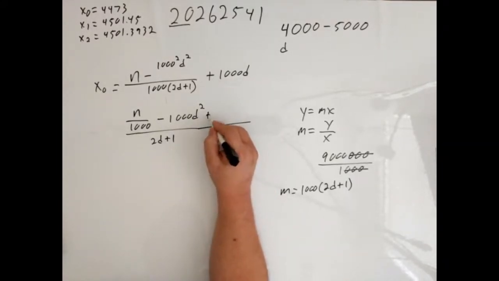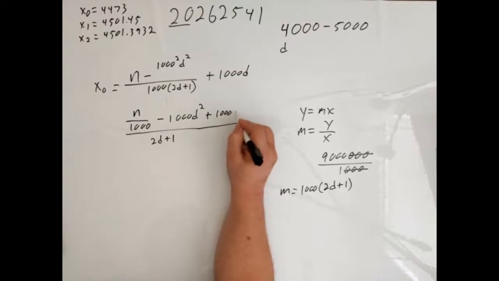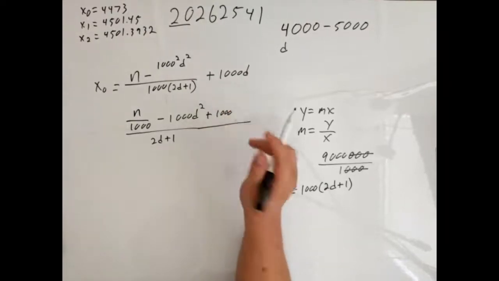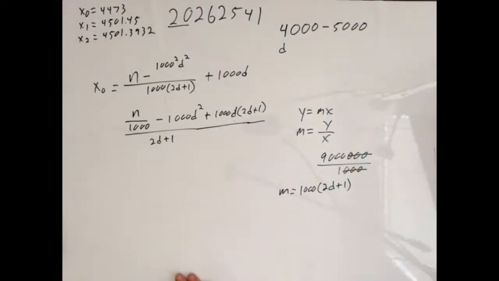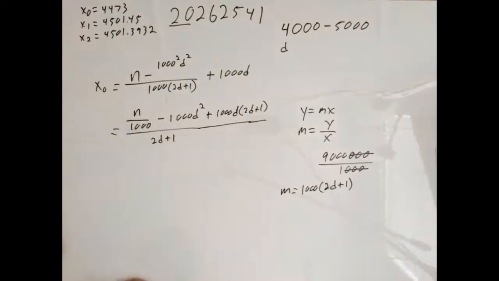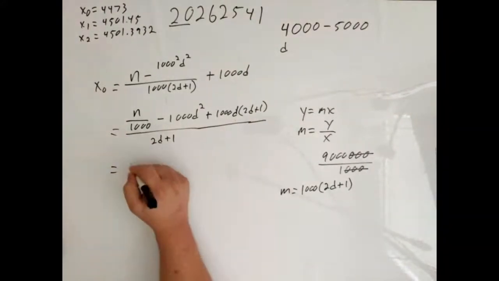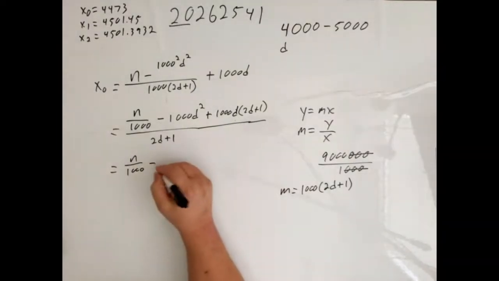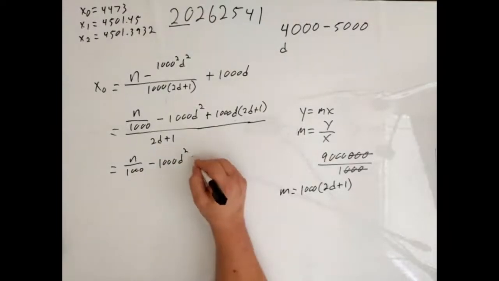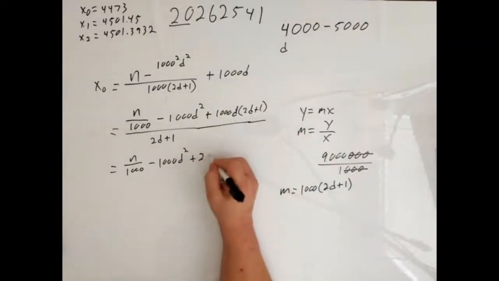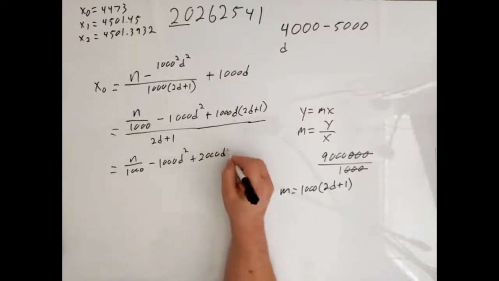So, plus 1,000d times 2d plus 1. If we multiply that out, we end up with n over 1,000 minus 1,000d squared plus 2,000d squared